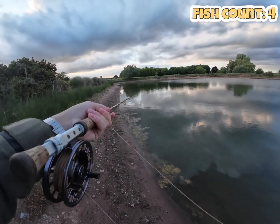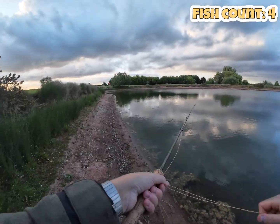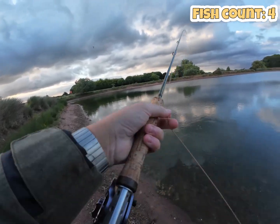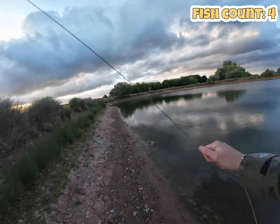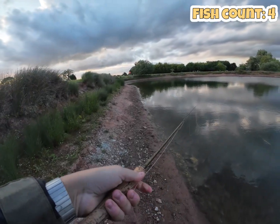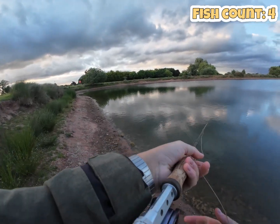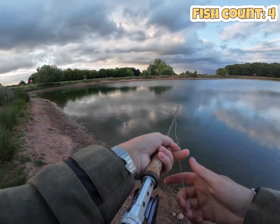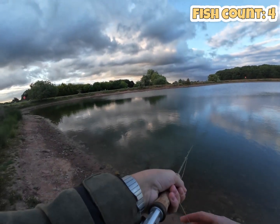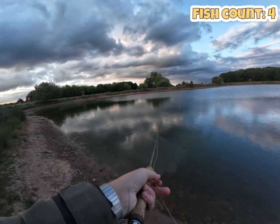This is my preferred way of fishing, the dry fly. I've had some good fun here with a 5-weight rod. It's just moved down. It's a bit of a problem that I left my net up there. That's the only problem that we could really face. Right now,